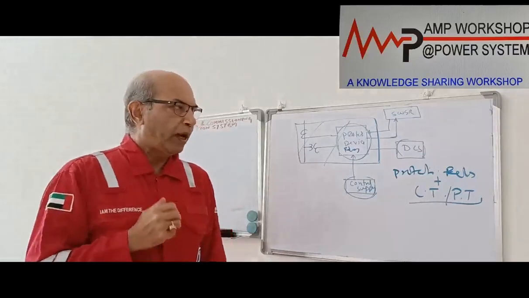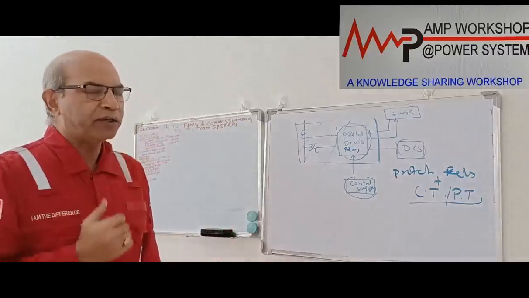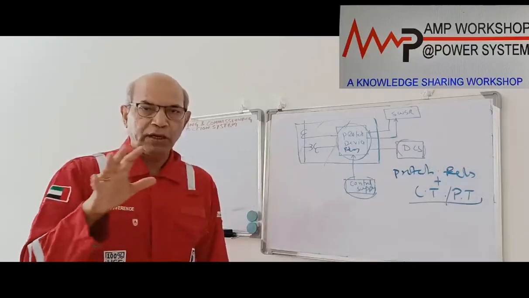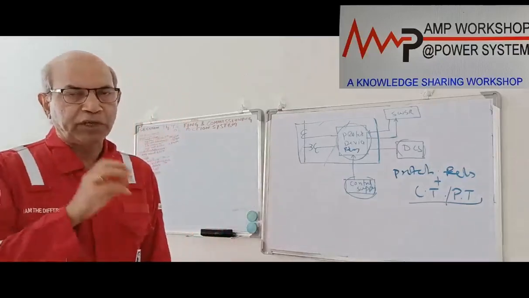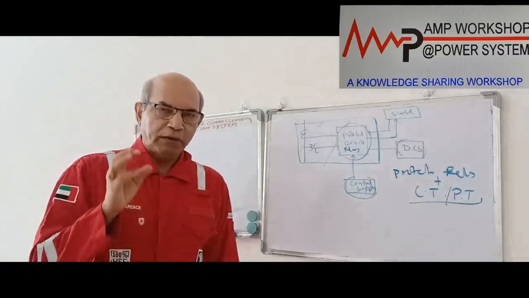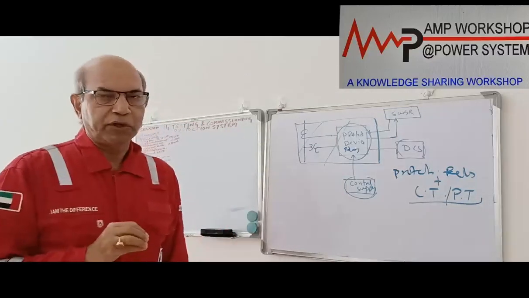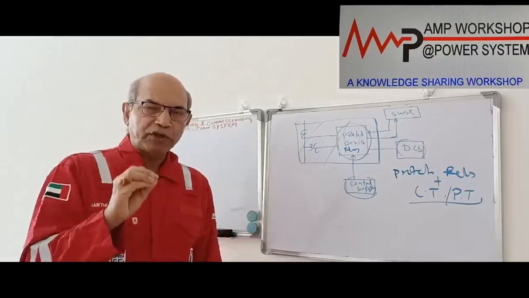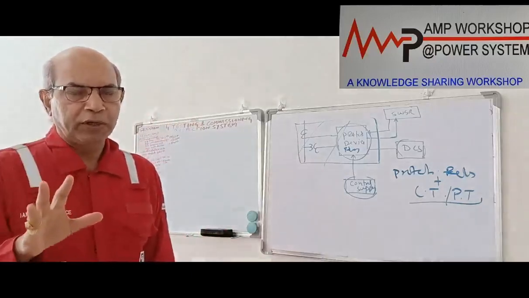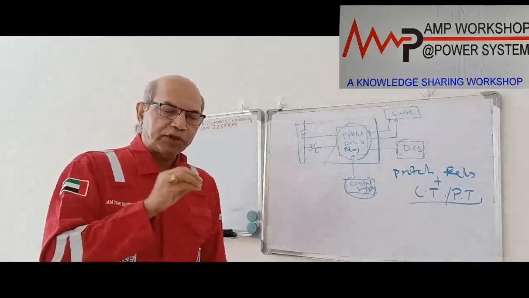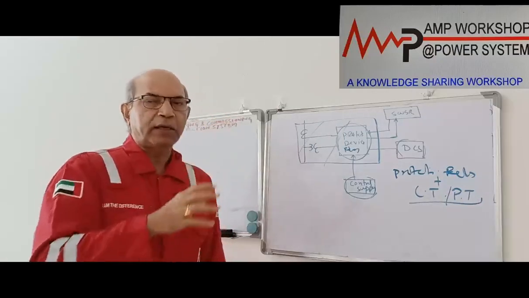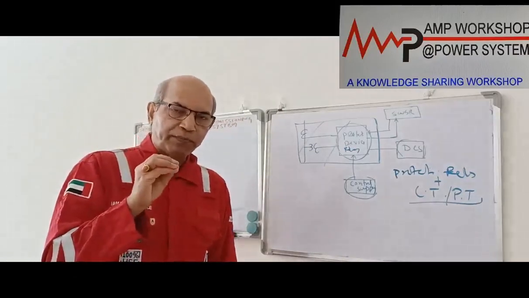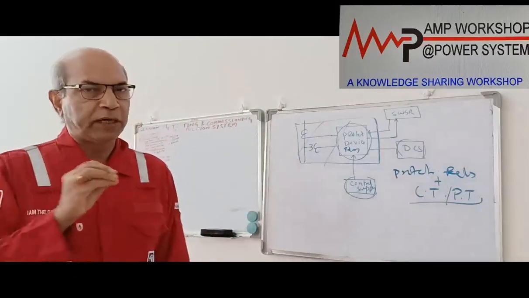And the second thing, about another function of the protection system: it is distributed all over the power equipment and system. For each and every equipment there is a protection system. But when a fault occurs on a particular part, the protection system has one requirement, selectivity: it should work only for the protection system intended for that faulty part. At the same time, the protection system on all other healthy parts should not operate. And in the reverse way, when the protection system on a healthy part operates, that means it is not doing its job.